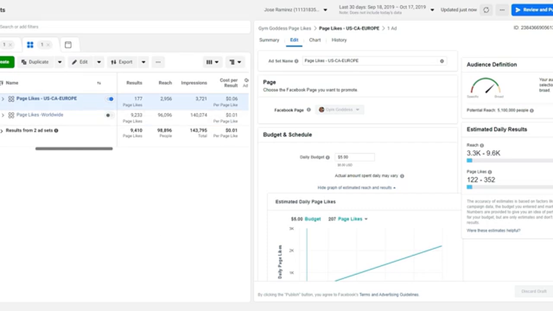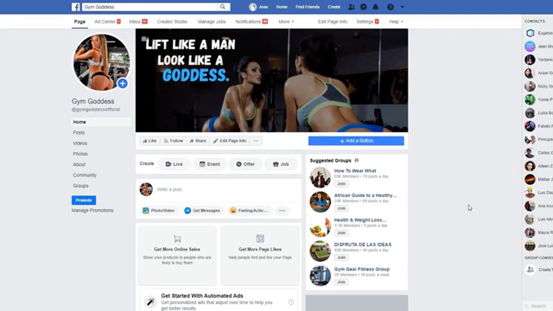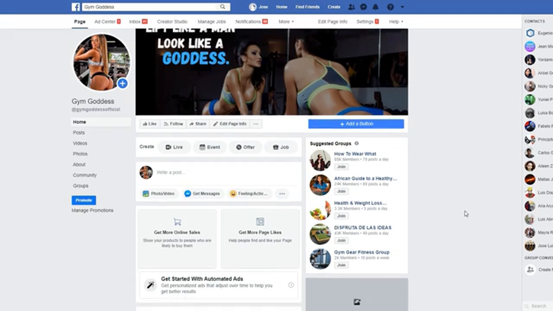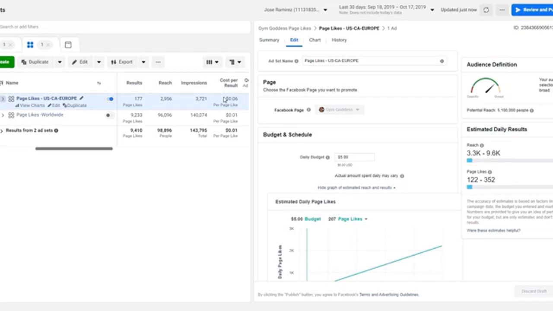So from 10,000 on, what we're going to be focusing on is getting as many likes and as many followers as we can from tier 1 countries using the same ad that we used to get the first 10,000, but in this case we're going to pay a little bit more money. Now you don't need a very large budget to do this. You can do this with $100 per month, $200 per month, and just do it over time to a point where you get the next 10,000 likes in the next 3 months, and then let the organic content that you post on your page allow you to grow and get more organic likes from tier 1 countries and other places worldwide.